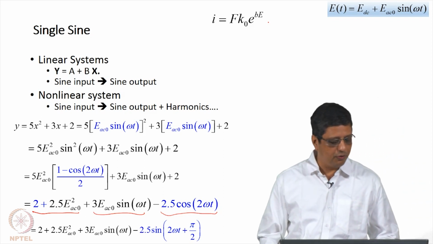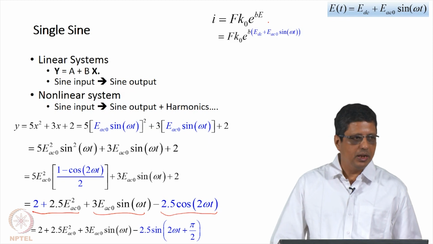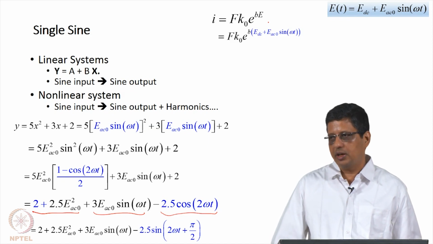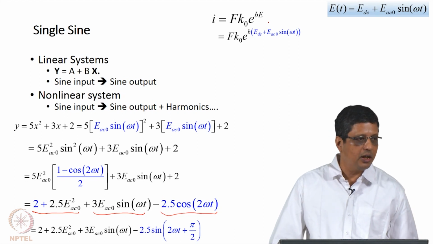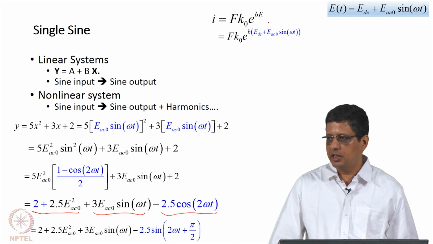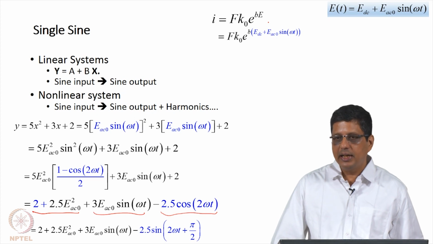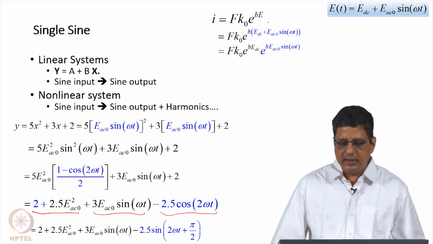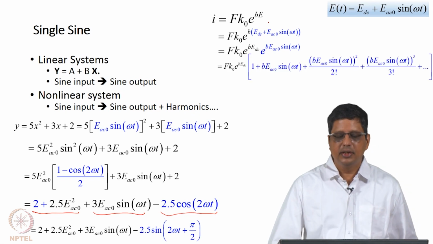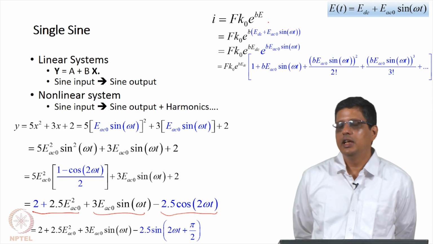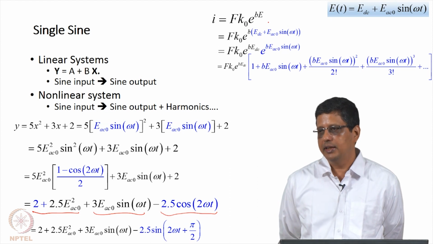In this case I will substitute for E, I will get E DC plus E AC. The AC component is expanded as E AC 0 sin omega t. At this level, the DC potential may or may not be small, it may be 0, it may be 100 millivolts, 200 millivolts, 600 millivolts, maybe minus 600 millivolts with respect to the equilibrium potential. We are not making any assumption about the DC potential. At this stage, I would separate the DC and AC components and then expand the AC component in a Taylor series. E power x, you can write it as 1 plus x, x square by 2 factorial, x cube by 3 factorial